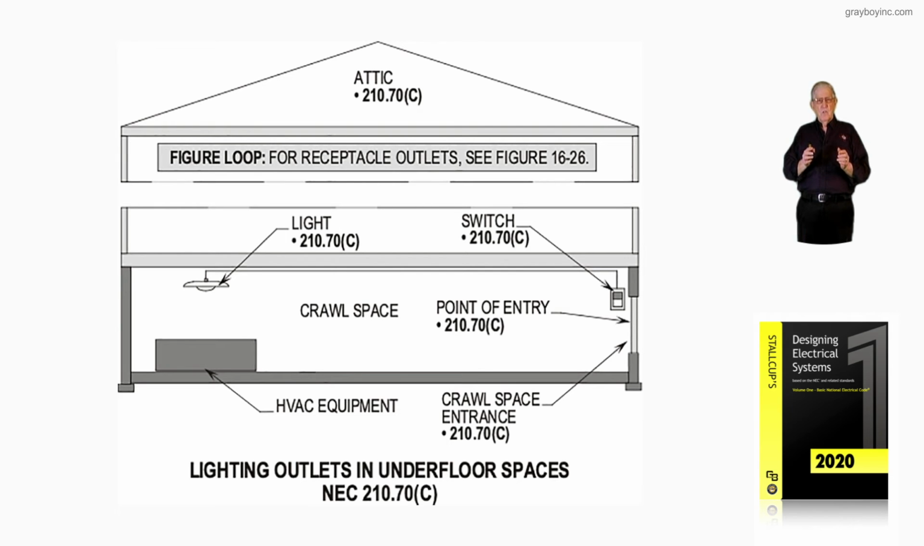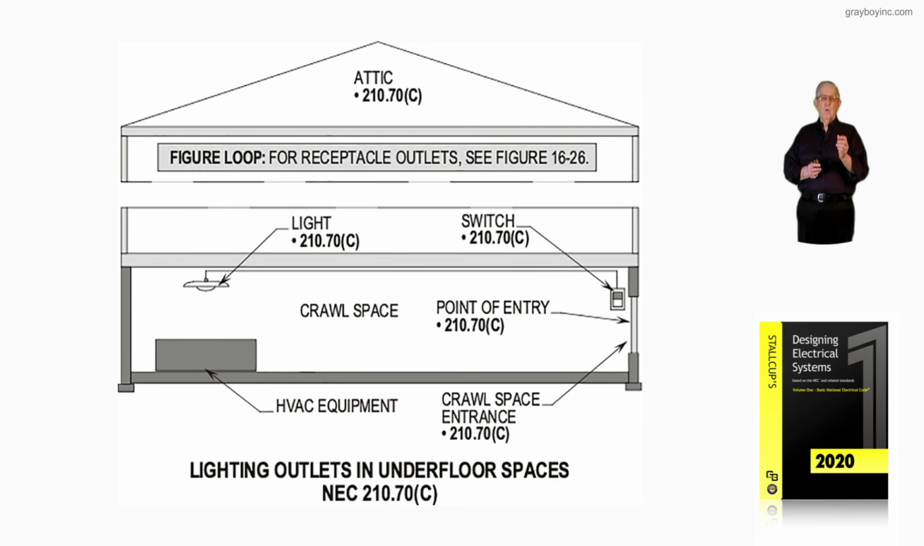We must always check this so that we know we have an entry opening that would allow service people to get in and service equipment where that crawl space is used for storage of some sort, or for equipment, if that be the case. So Figure 11-16 is dealing with lighting outlets in underfloor spaces in accordance with